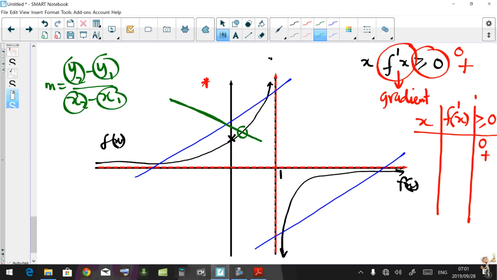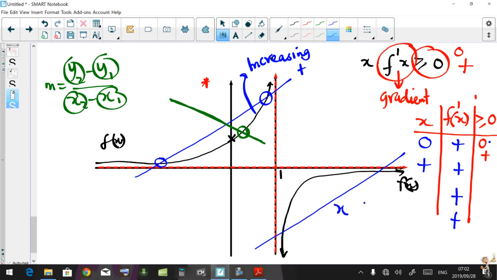So if I use this green one, do you notice on my graph I only have 1 point, which doesn't work for me? Keep your eyes on the colors. Using the blue one, I have an x and y value, I have another, so I can calculate the gradient, which means this is an increasing function. All right, this function here is an increasing function because the gradient is positive. All right, which means for all of this, I'm going to have positive values also. All right, for me to have a 0 here, it means this one must be 0. Is that fine? And this one must be positive, which means x cannot be negative,